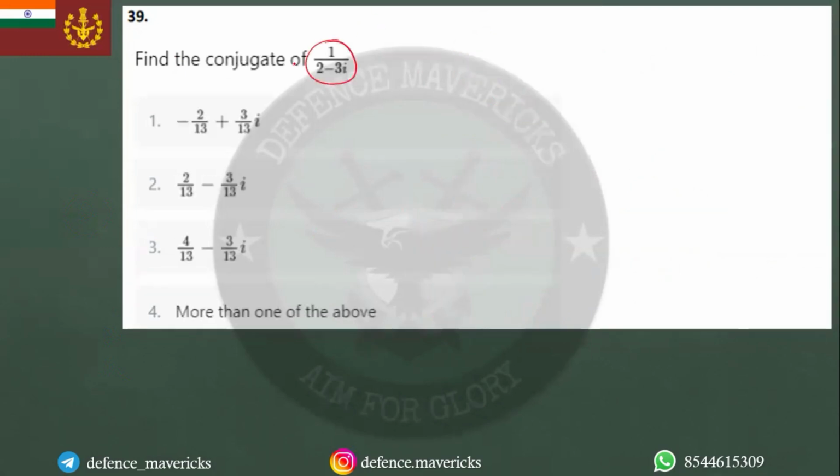Okay, find the conjugate of 1 upon 2 minus 3i। अच्छा, अब इसमें दो तरीके हैं, first you take rationalization and then you find the conjugate, or you first take the conjugate and then you rationalize, it's up to you, it doesn't matter। Conjugate is that number where you just substitute i with minus i everywhere and that's it, बस, और कुछ नहीं करना है। तो अगर तुमने पहले rationalize कर दिया, तो what you will do is you will multiply this with 2 plus 3i on both sides